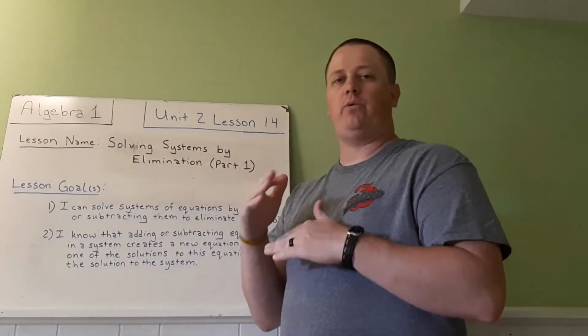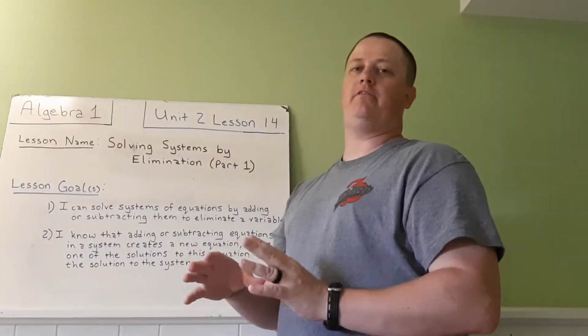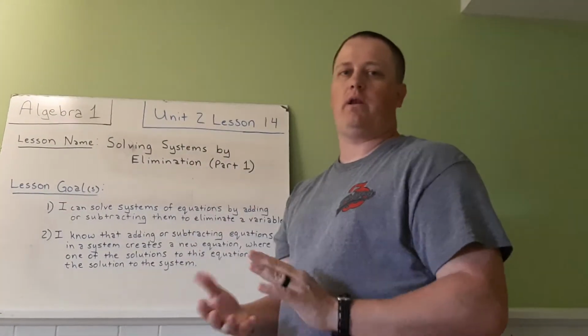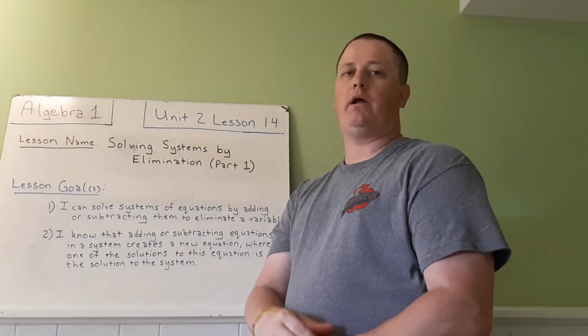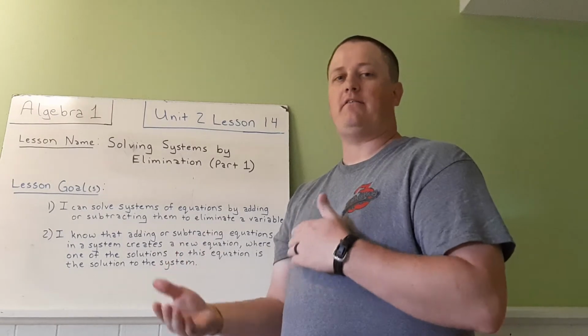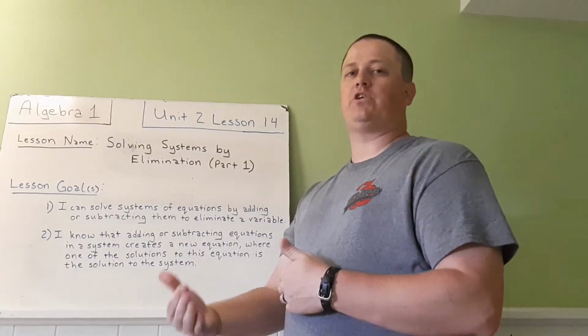Essentially, you have two equations, and when you add or subtract them, one of the variables, either the x or the y or whatever letters you're using, will disappear. It won't be in the problem anymore. It's been eliminated. That then makes a simpler problem, and we can find that value, which allows us to find